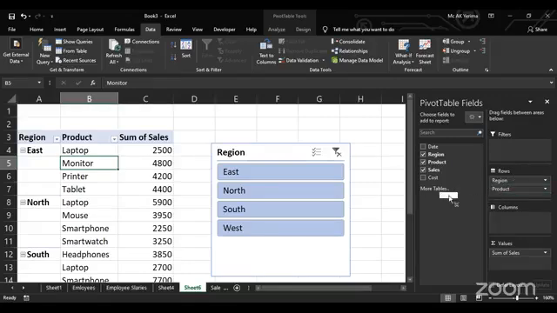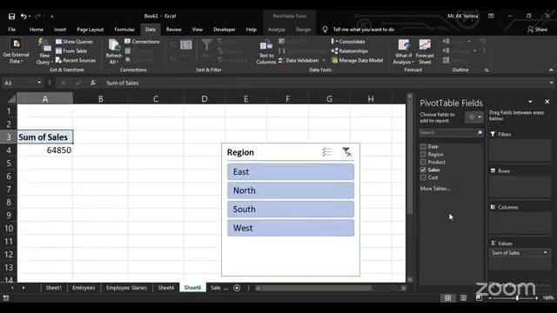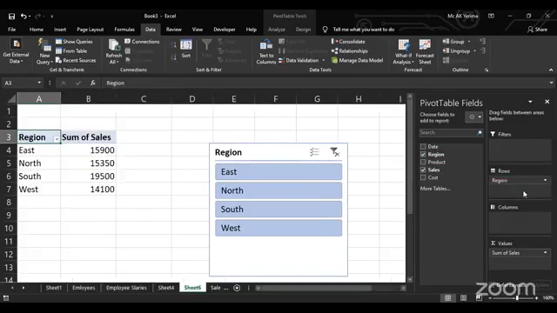For example, let me just take it out. You can as well take this out by clicking on it and then dragging it outside. This is going to delete it, right? So I'm just going to do it again. I'm going to click on the region and take it to the rows part. As you can see, this automatically adds my region, right? And then I'm going to click on products and drag it to the